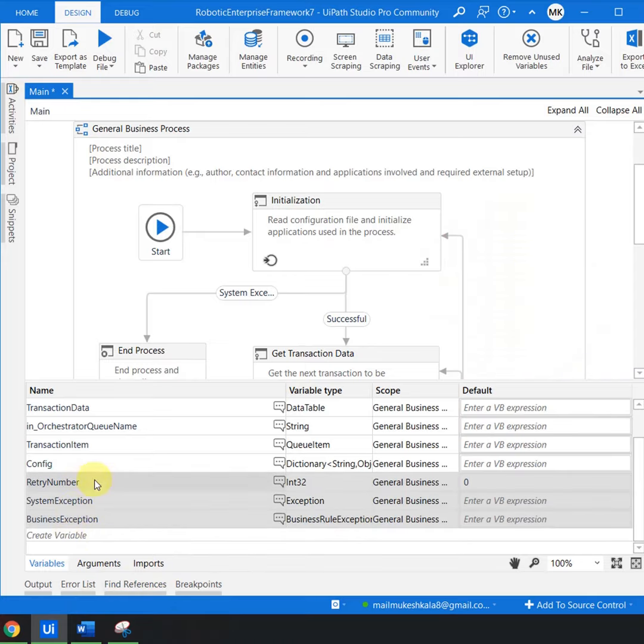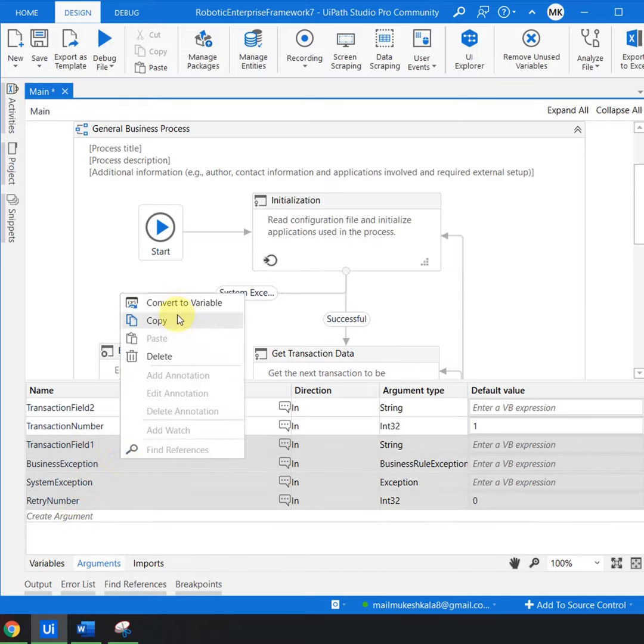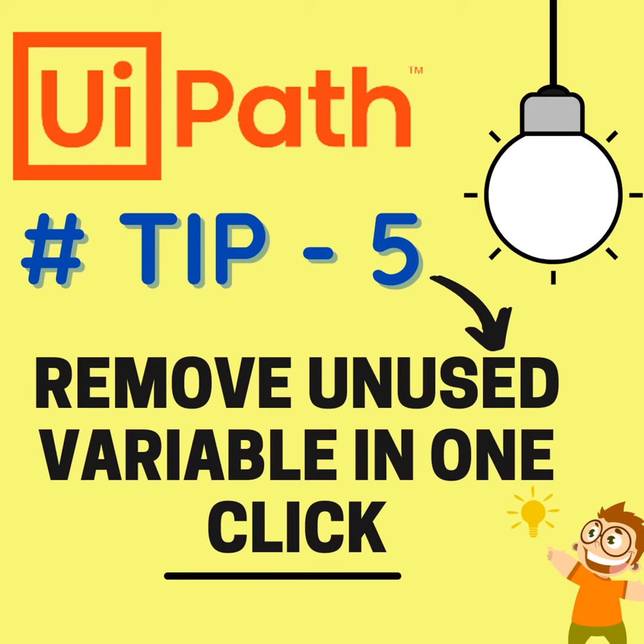For example, I have selected 3 items. If I right click and convert to argument, all 3 variables are now available as arguments. Vice versa, if you want to convert everything back to variables, hold the Control key, select the items with the mouse, and right click to convert everything to variables at once.